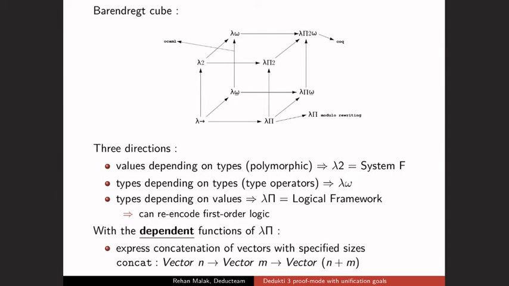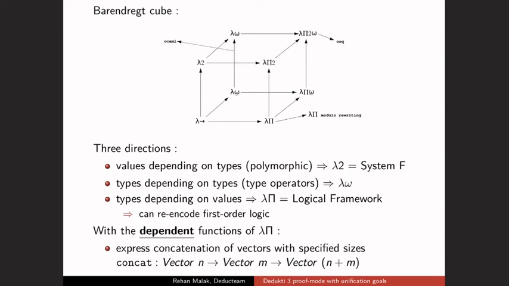Here, in this talk, the ones that are going to interest us particularly are the two in the bottom right, the Lambdapi calculus and its extension modulo rewriting. With this language, you have the possibility to specify, for example, the function taking two vectors and returning the concatenation of the two vectors.